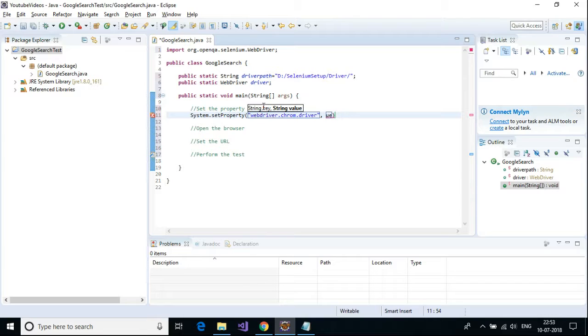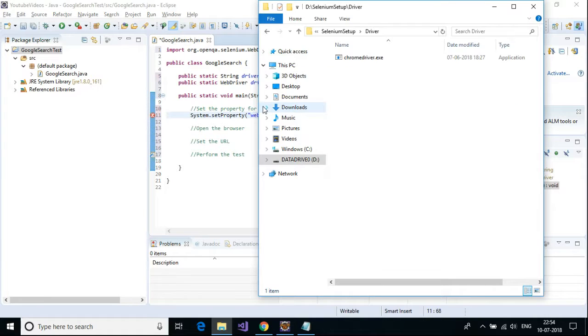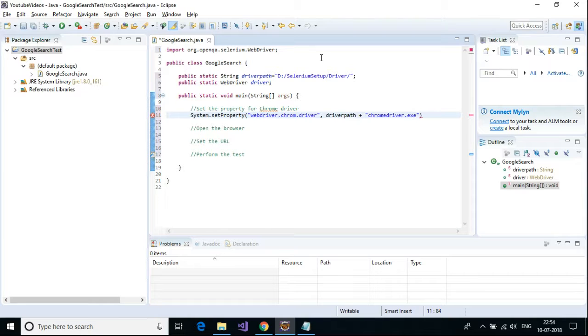Okay, and the value will be the location of the Chrome driver, which is driverPath plus, what is the name of the driver? chromedriver.exe. Okay, so this is the property which we have set, which says where is my